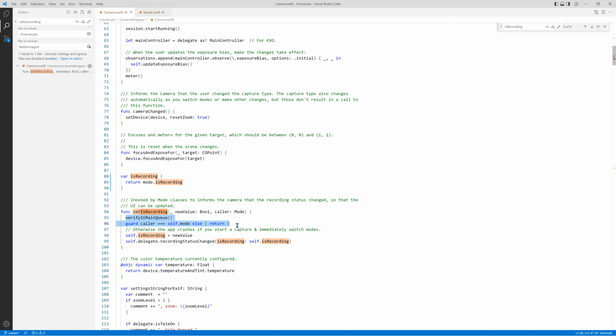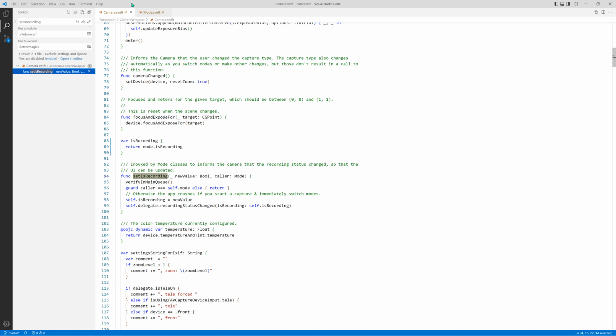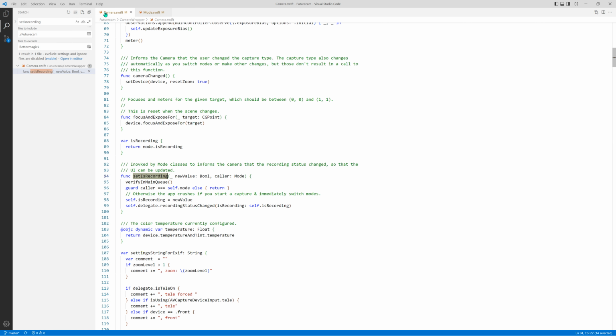The mode accessor, it's private set, which means anyone can read it. So here if you look at it, you're verifying that you're calling in main queue, and you're verifying that it has been subclassed, and